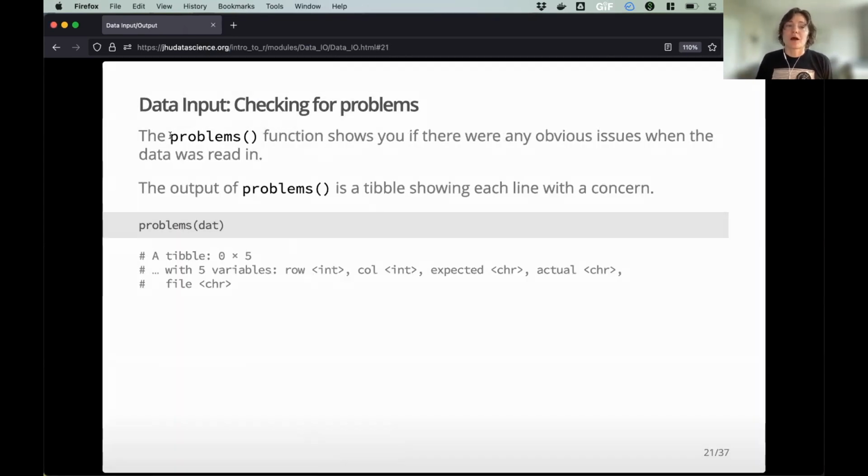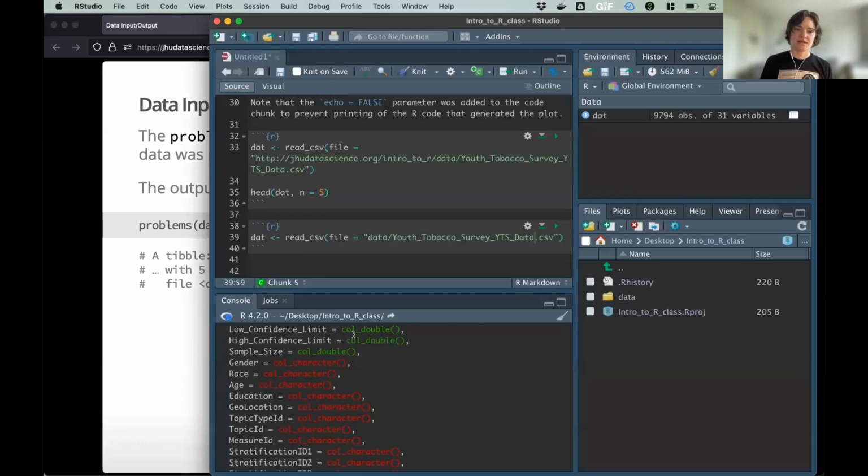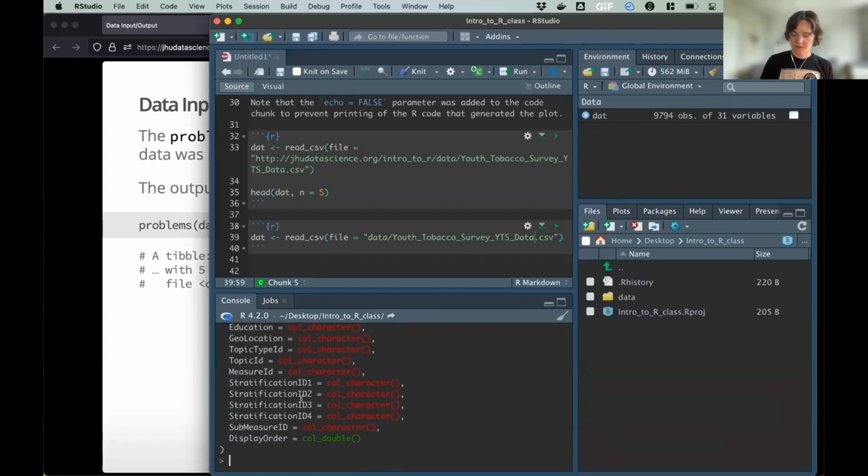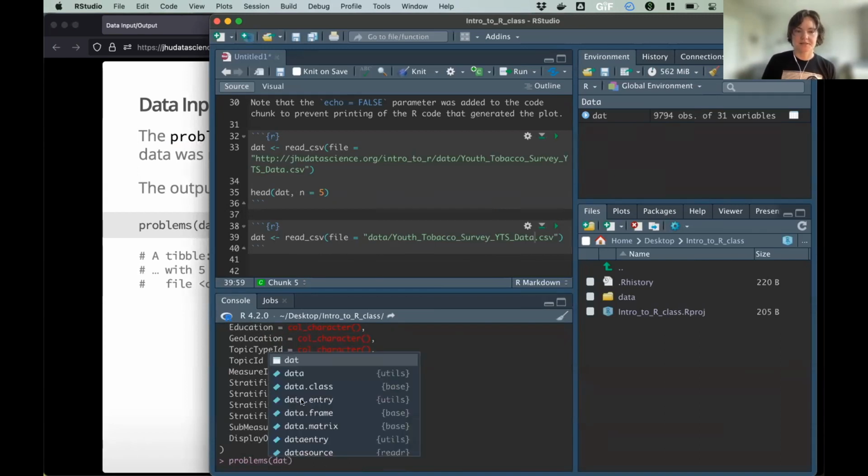So the problems function, I know we're throwing lots of functions at you, but you're not expected to memorize these. The problems function shows you if there are any obvious issues when the data was read in, like some wonky formatting or lots of missing data, missing commas, things like that. The output of problems is a tibble showing each line with a concern. And so if we run problems on our data set, DAT,